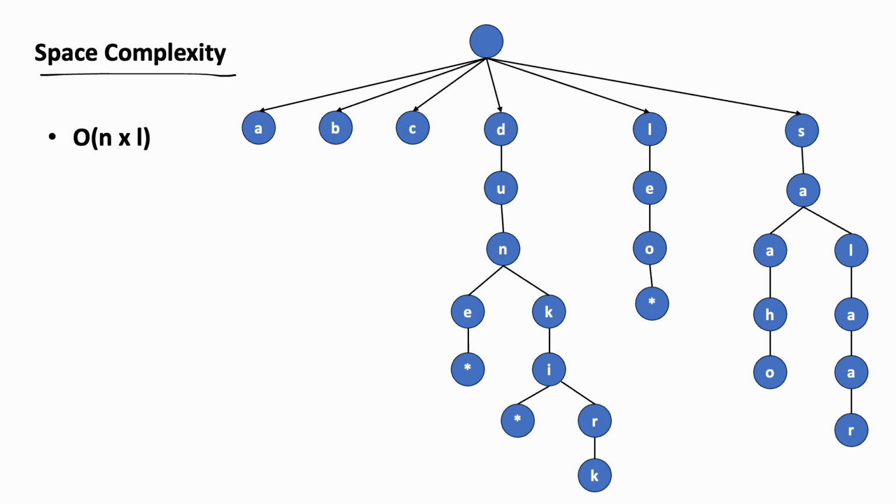Okay, why only the max letters? Because whenever we are calculating this space and time complexity, we want to give the upper bound. That's why we are assuming all words that are given have the maximum letters in it. Okay,